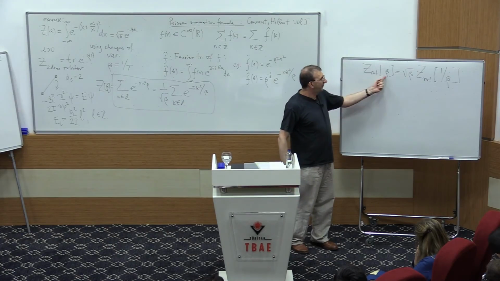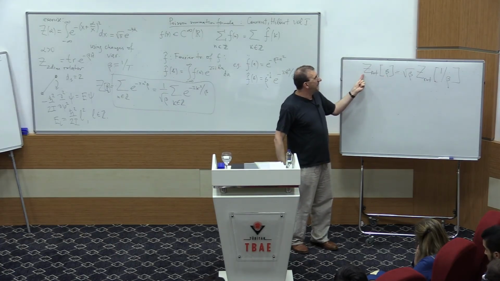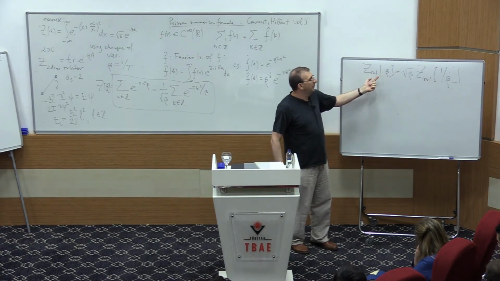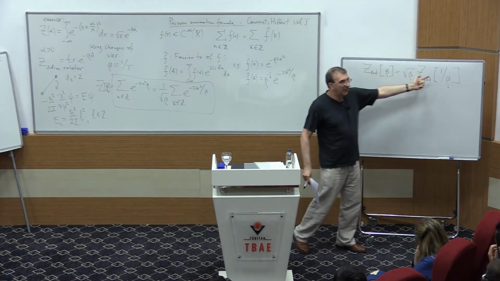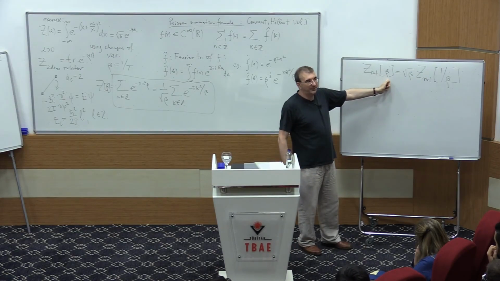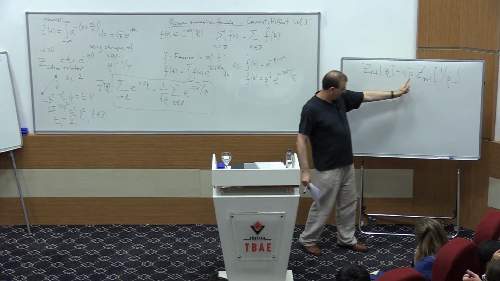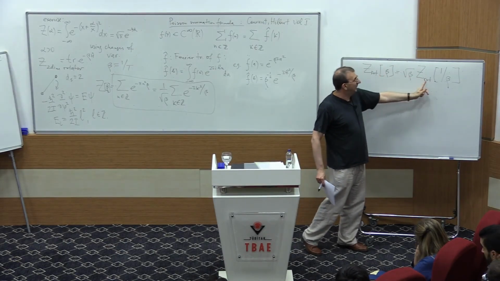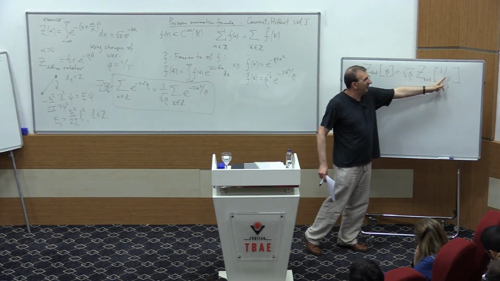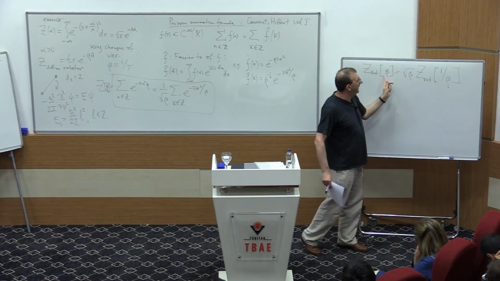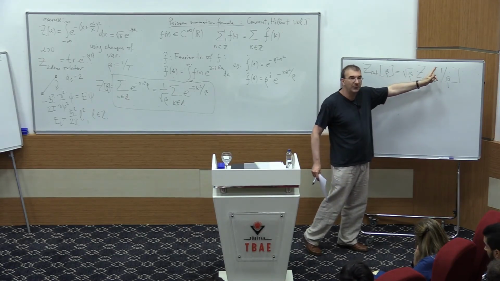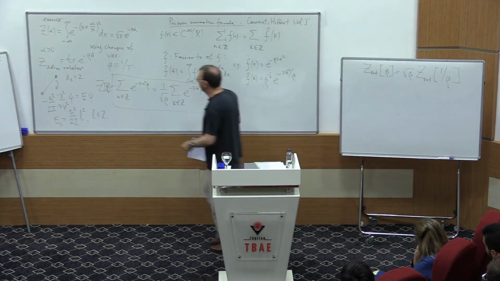You take a parameter, so you want to compute Z at some value of the parameter, and you can do it by using this formula. And if your parameter is large, for example, then this transformation maps Z into the same Z, but now the parameter will be small. So if beta is equal to 100, this is 10 to the minus 2. So this is useful because, for example, here,